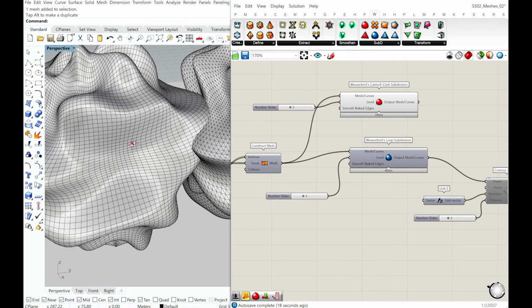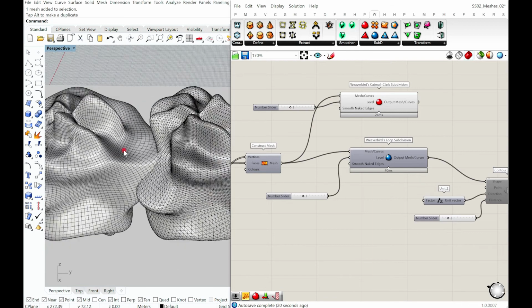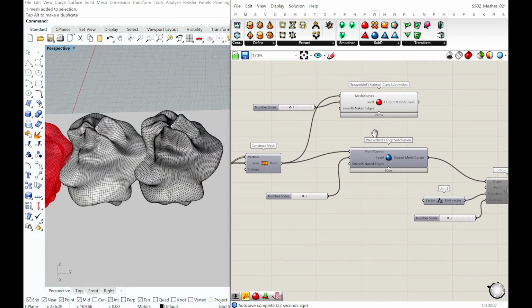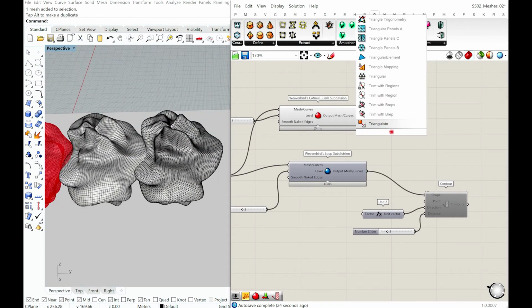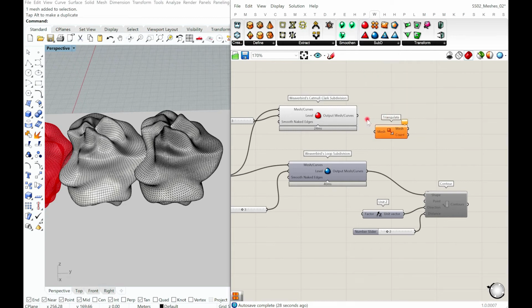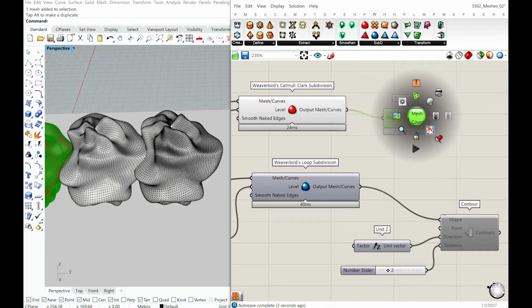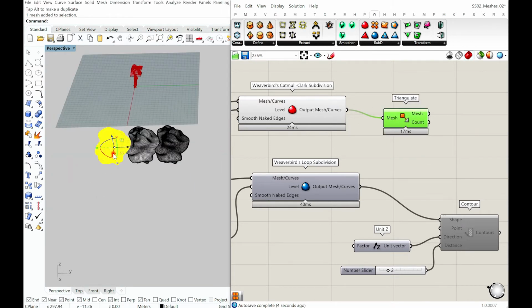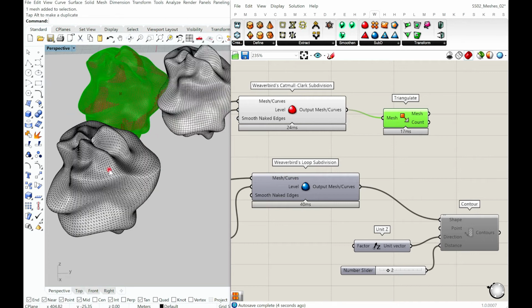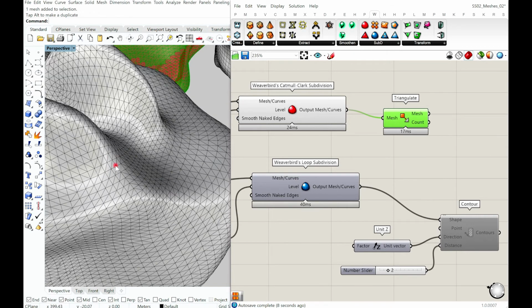This is based off quads, so that may have a different articulation to it. If you want to triangulate, there is something called triangulate all quads in a mesh. You can use that, and that's your mesh. But it's not really defined in a particular order, as you could see in the other subdivision, because you're manually triangulating all the quads.